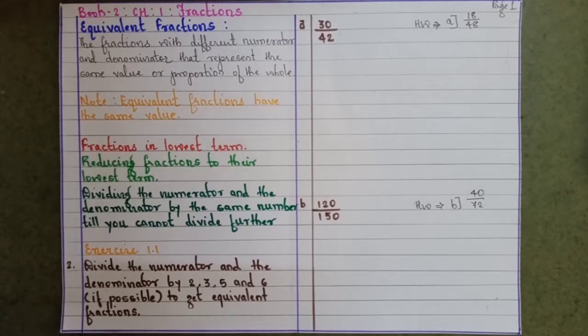So already you have learned more about fractions in your previous standard. So let me recall that in brief. What is a fraction? A fraction is a number representing a part of a whole, isn't it? So a fraction represents some part of the whole. Okay, so that's nothing but the fraction. And again, you had seen in your lower standard the types of fractions, like proper fraction, improper fraction, like fraction, unlike fraction, mixed fraction.